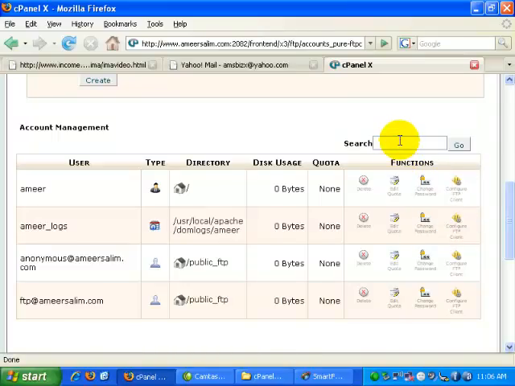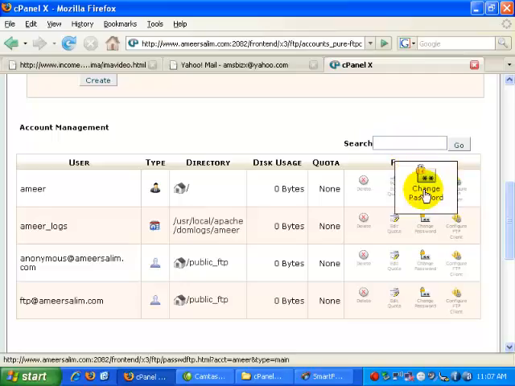And if you remember in the first video, I told you that if you want to change the password of your cPanel account, it will also affect your default FTP password. So let's say if I want to change this password, remember this is a default FTP account. If I click here, change password,